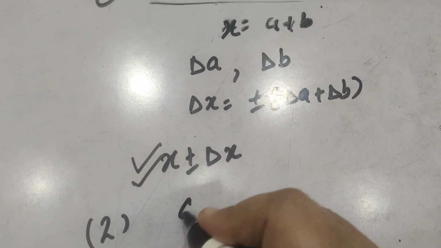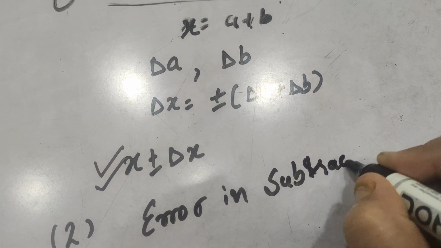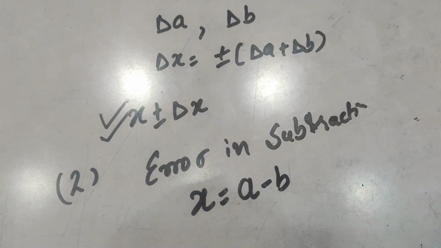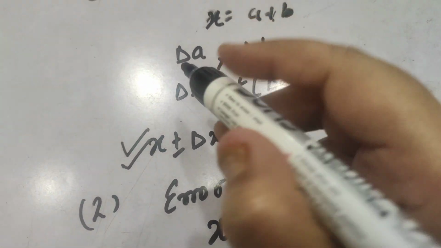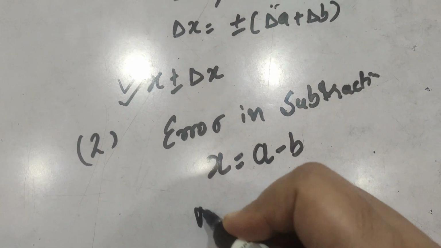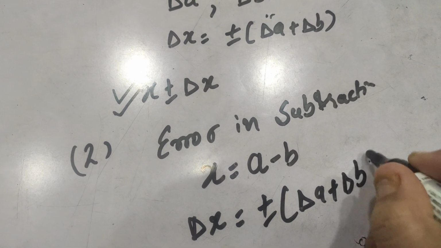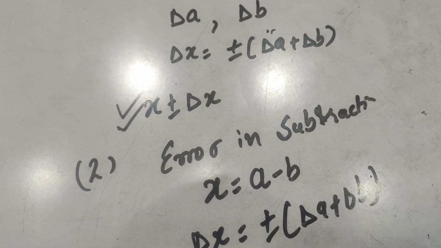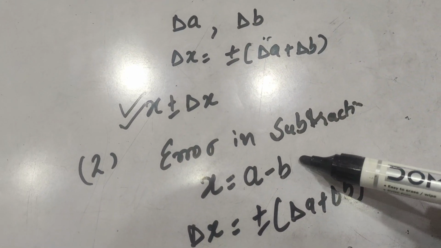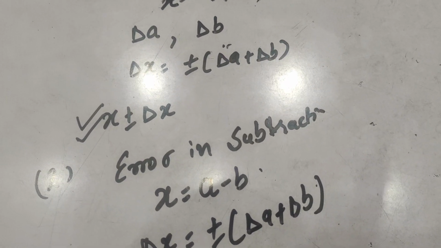Similarly, the second case, error in propagation, error in subtraction. Subtraction means here we are talking about x being a physical quantity which is represented by the difference of two physical quantities of the same nature. Again, if delta A and delta B are the errors in A and B, in that case the error in the subtraction is also delta A plus delta B. It means we will represent the error again by the addition of these two. Either the physical quantity represents the addition or the subtraction, the error will always be added. Let us consider an example to understand this.